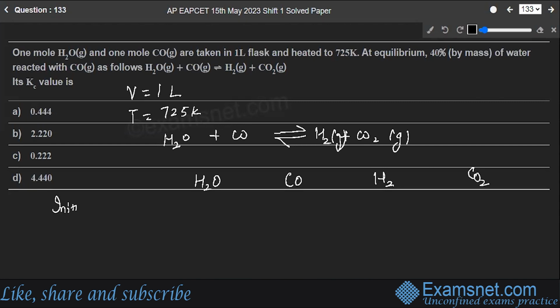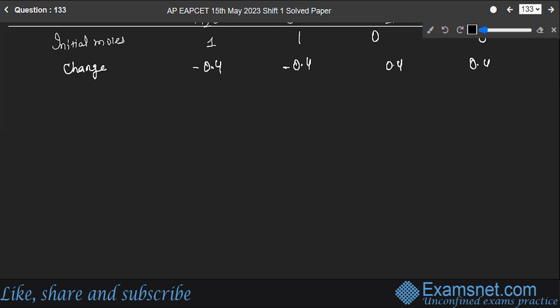Initial moles are, for water you have 1, this much, and the change comes, see, after I have balanced it, the change is minus 0.4, minus 0.4, these two will be gained. So moles at equilibrium will be 0.6, 0.6,